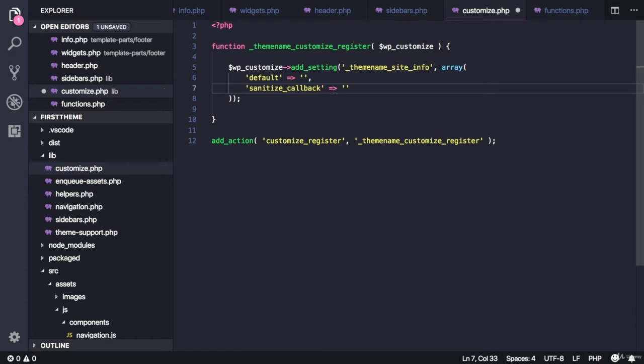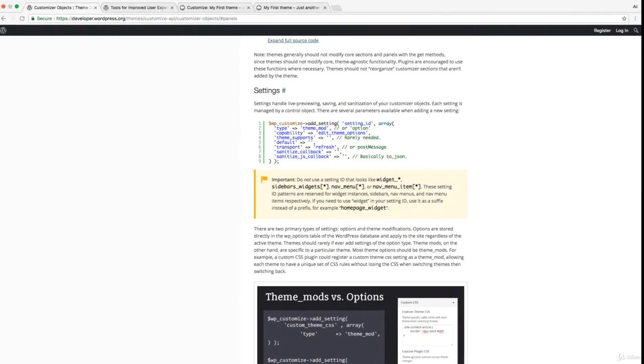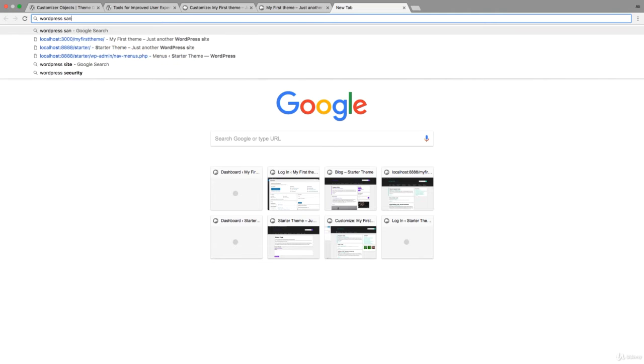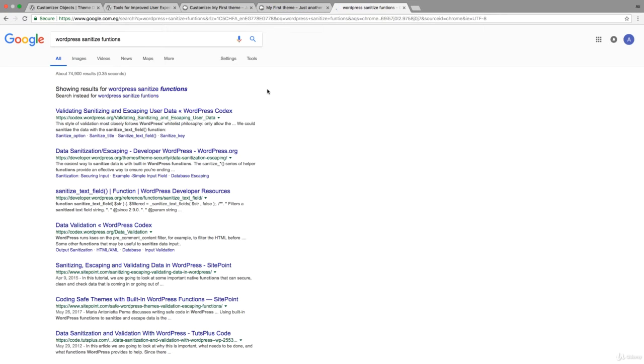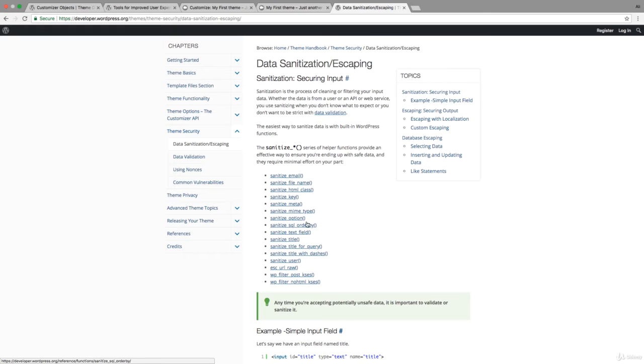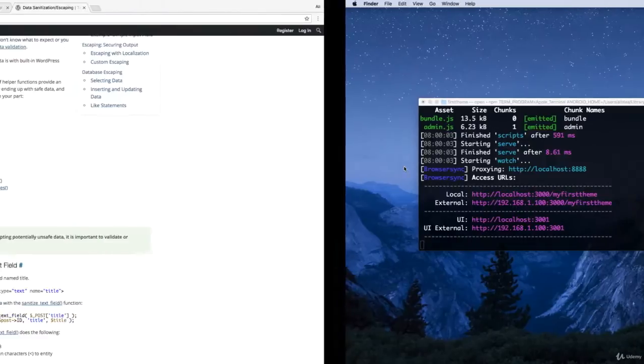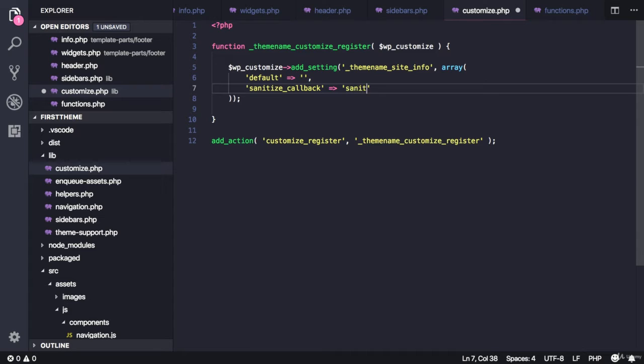So this will take a function name, and this function could be one of the built-in WordPress sanitization functions. So it could be one of these, or you can define your own function and put the name there. And we'll do both cases throughout this section. But for now, let's assume the site info text will just be a text field, so we can use sanitize text field. So now we have our setting, but the setting is useless unless it has a control